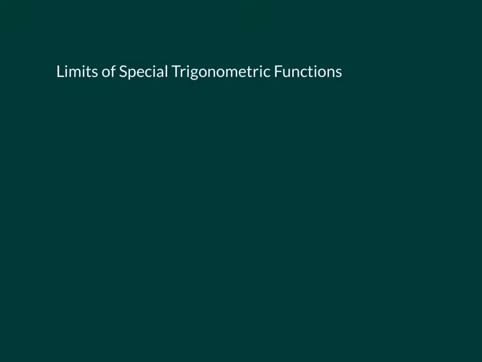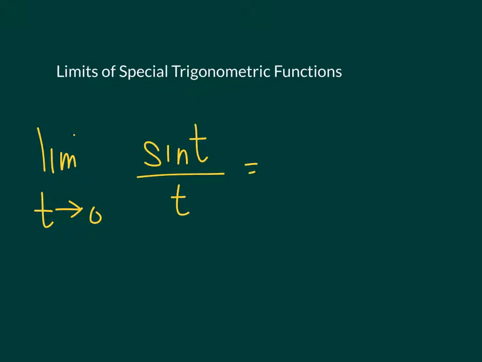So in this case, we are looking at limits of special trigonometric functions. Special in a sense that when you see them, you will already know what the limit is. And for those who attended the session last time, we already established the values for this. As t approaches 0 of sine t over t, according to your notes, this is equal to